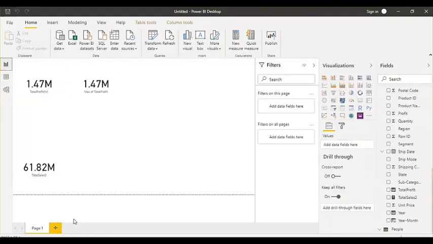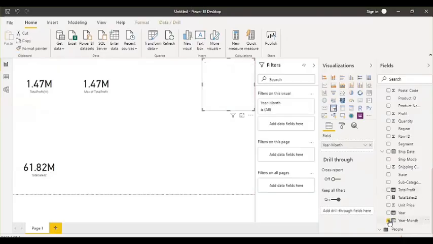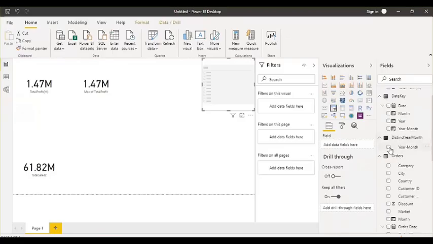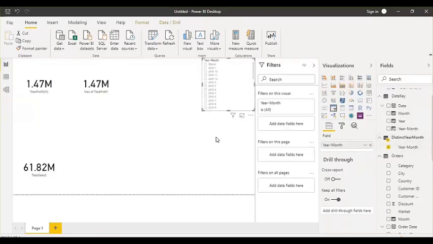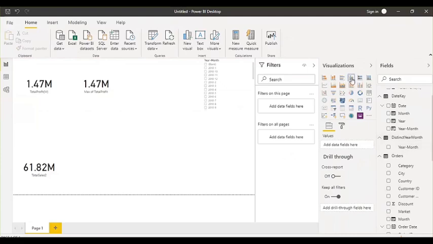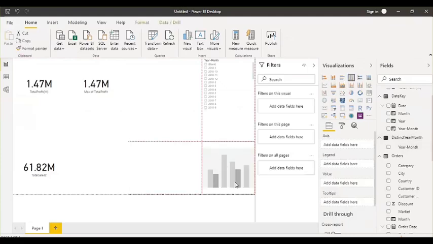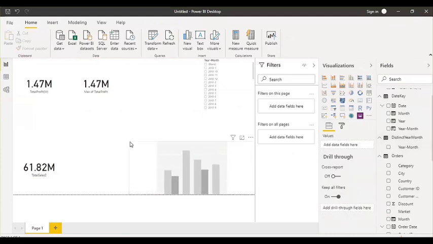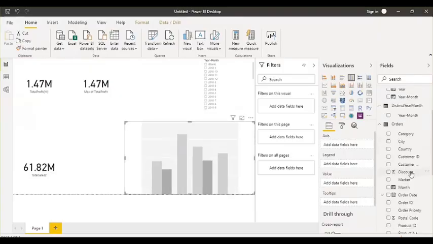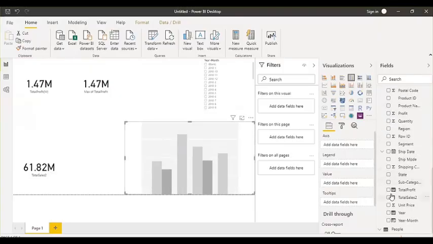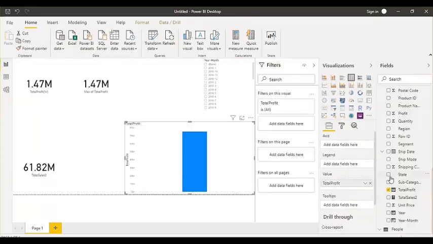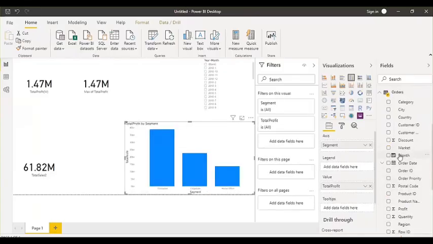Let's see that. Here I'm going to add a filter, and in this filter I add year month from this distinct year month table. And here I want to visualize some information, let's say profit by segment. So I'm going to add total profit and segment, from the orders table.